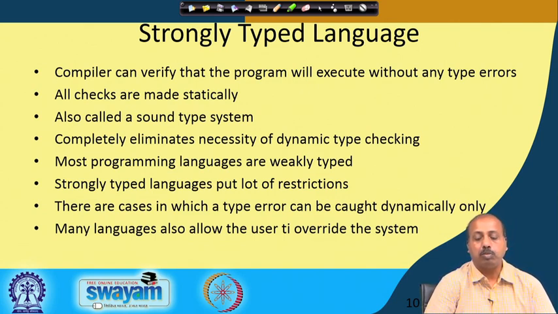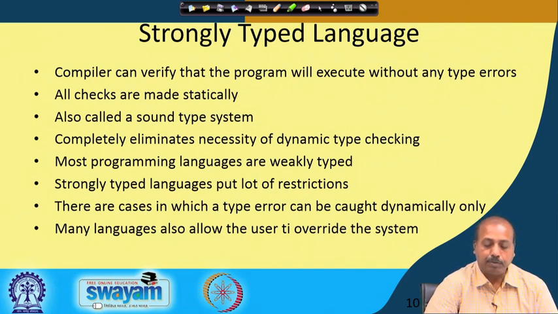So, why is it so? Because many times it is not possible to have everything done statically. For example, the array bounds check. We cannot have those things done statically. So, most programming languages are weakly typed, because strongly typed languages put a lot of restrictions